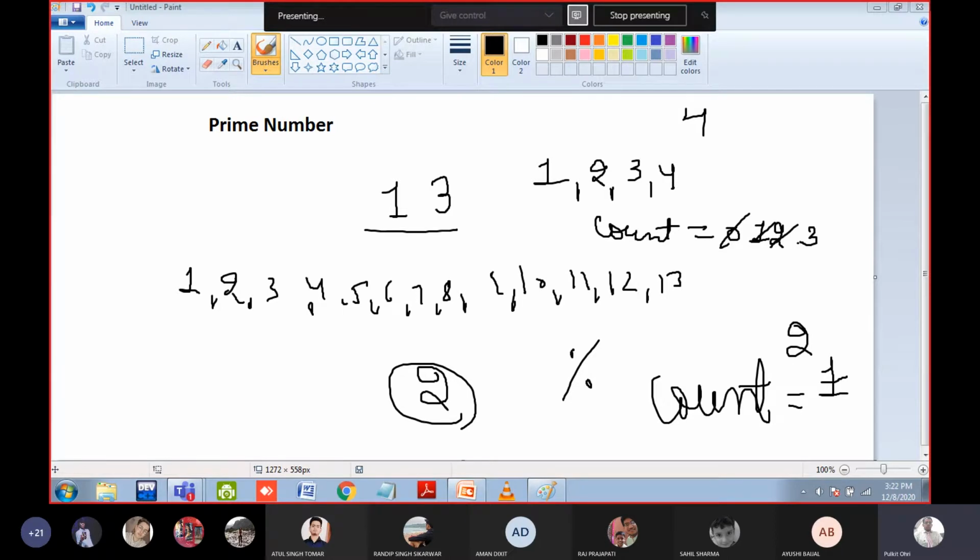How can we check whether a number like 100 is prime or not? Start from 1 and divide till 100. Okay. If it is divisible by only two numbers, 1 and 100, it is a prime number. If it is divisible by more than two numbers, it is not prime. That's all. You need to write a for loop. You need to write if and else. That's the end of the story. Yes, sir. So let us open the program.